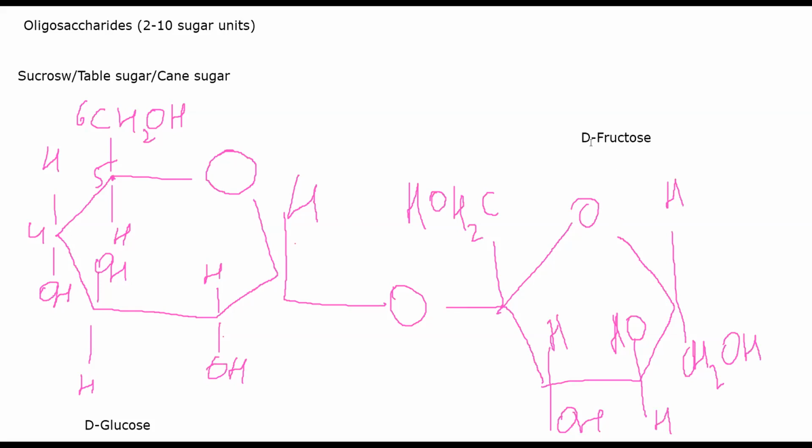Fructose is a ketonic sugar. It has a ketone in its structure, right? Because of this bond, generally it is protected against oxidative attacks. So it will not get oxidized as easily, and it can be stored and transported for longer distances and a longer period of time. That is one big advantage of sucrose in general.